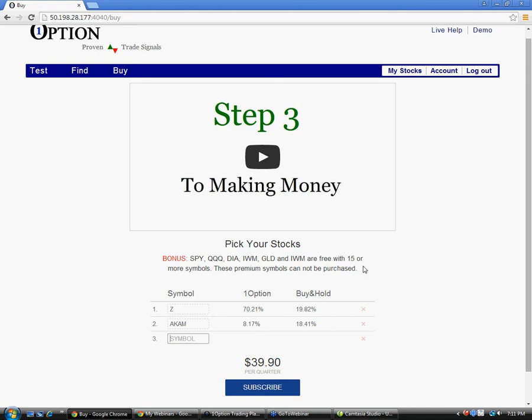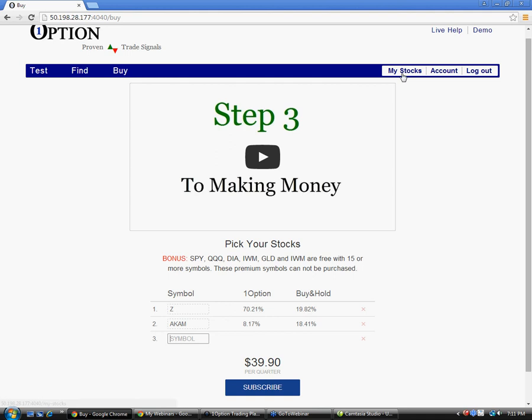that for 15 symbols or more, I'm going to be including SPY, QQQ, DIA, IWM, and GLD. And actually, I missed a symbol in here. It's also TLT. So those 6 symbols that are common to US Index and ETF Trader, they have been phenomenal. We've had huge gains. So if you subscribe to 15 symbols or more, you'll get these for free. You don't have to buy all 15 symbols at once. You just need to be above that threshold to get the symbols,